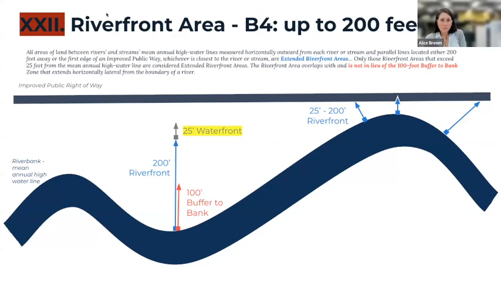A lot of these 100-foot buffers are established either in state or city laws, and so they weren't part of the regulation writing process. And the ordinance is pretty clear that the buffer to bank and the riverfront overlap and are not stacked. The question that we have, which is highlighted here, is where the waterfront goes. If you take a very literal interpretation, it is the 25 feet past the 200 feet, but it is hard to describe a place that is 225 feet from any water as waterfront. So we're evaluating how that should be characterized or stacked or measured.